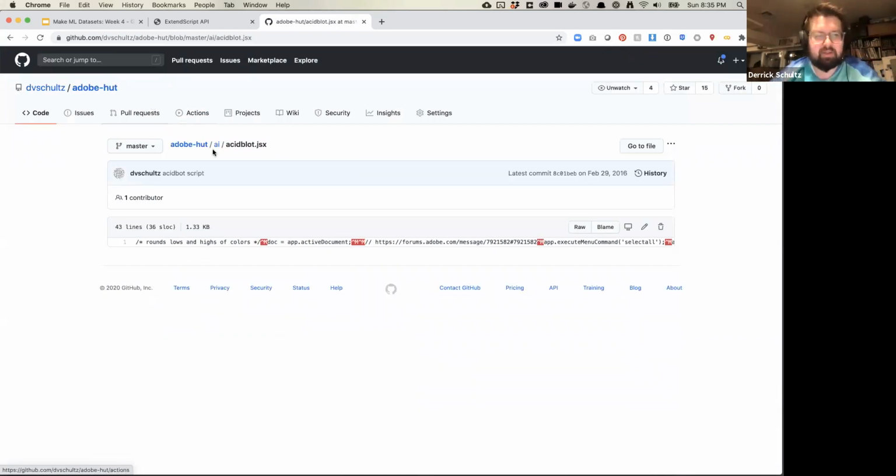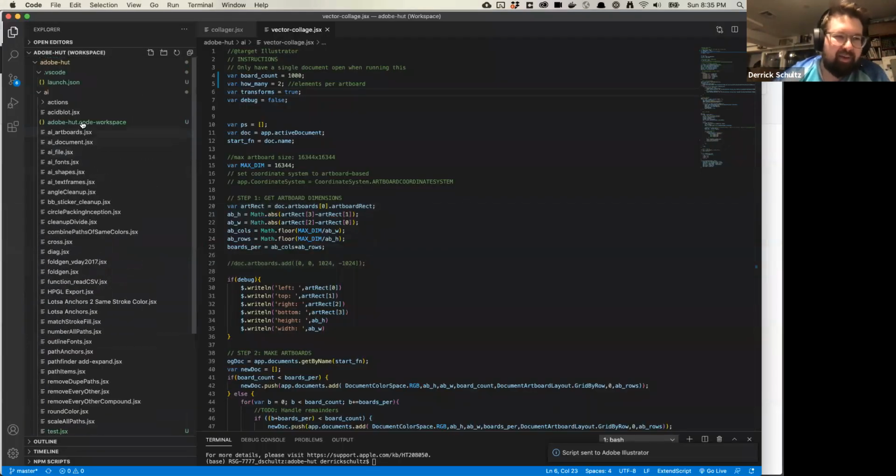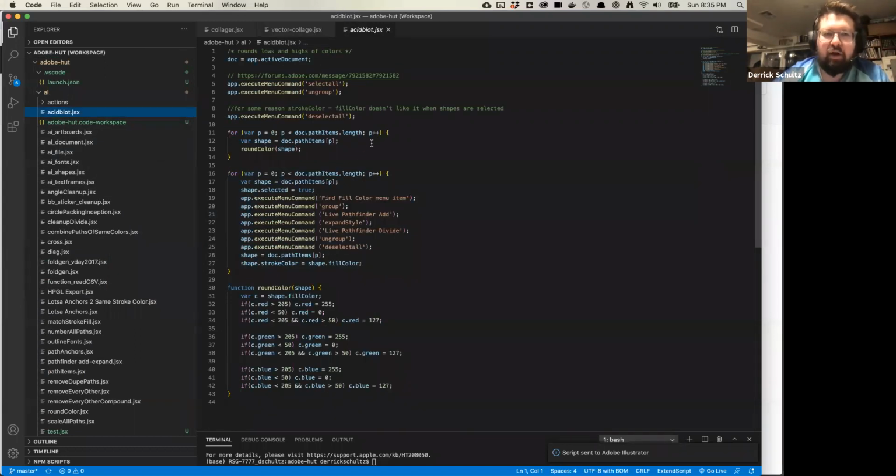Acid blot, so let's actually see. This one probably just takes an image and converts it to, let's see what this one does. Oh, so there are also menu commands that already exist inside of Illustrator, and a lot of times you need to access the menu command and do a thing with the menu. So there is a thing that just executes commands. A common thing you'll see me do is select everything on the page and ungroup it, because a lot of times I just want individual ungrouped files.